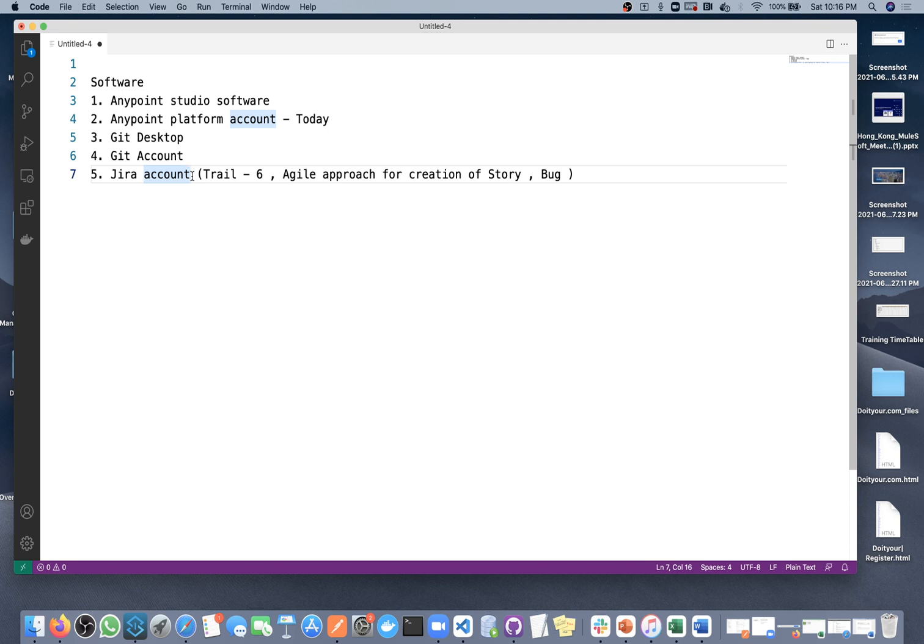Maybe, as per my knowledge, there are some other tools also available in the market that are also very commonly used. One is ServiceNow. Another one is Azure one. I think in this batch there are some people who worked on Azure. Sometimes they mentioned it during discussion. So Azure is also very common.